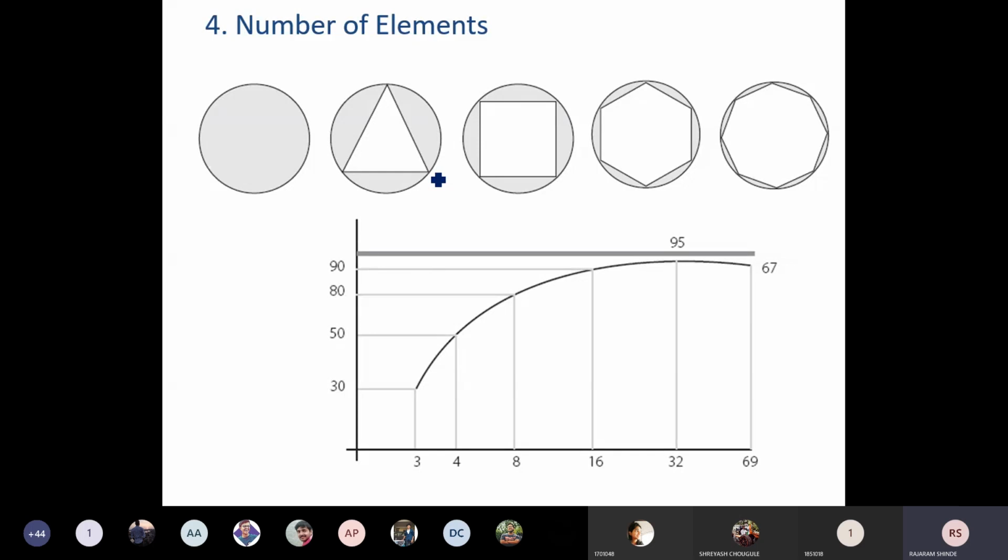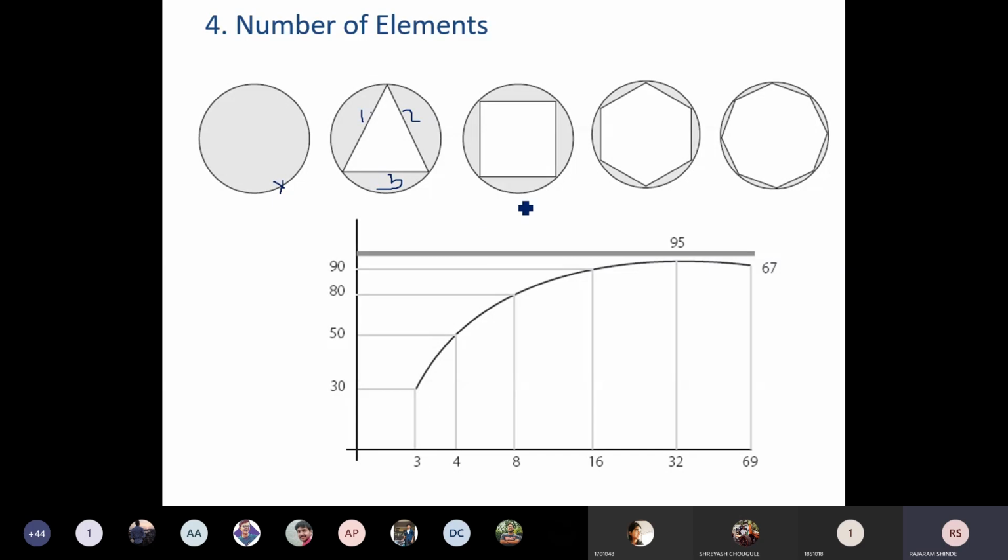Okay. Now see here, I have drawn a circle and I want to mesh the circle, that is this perimeter. First, initially I have meshed it with the 3 line elements. This is not a triangle, these are the 3 line elements. This is element number 1, element number 2, element number 3. I have meshed this circumference by these 3 elements. Now in this case I got 30% accurate results. Okay. Now I want to improve the accuracy.